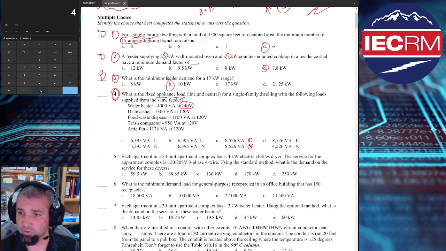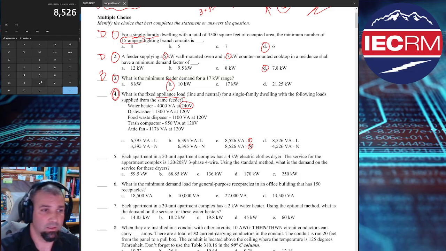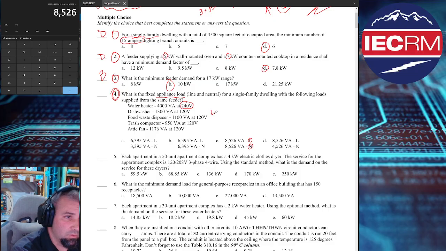Okay, so let's just punch them in. 4,000 plus, what do I got? 1,300. Okay, I've got 1,100. I've got 950 for that trash compactor. Ooh, must be nice, Mr. Fancy Pants. And 1176 for the attic fan. 8526. So I'm going to do line here, because that's adding all of them up, and my total is